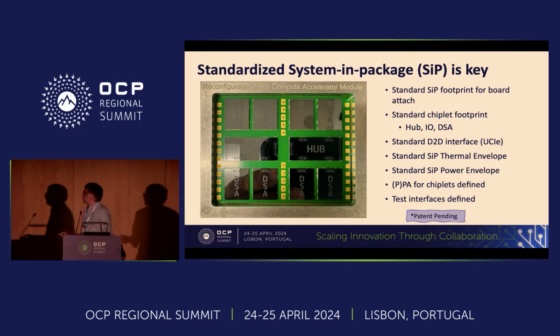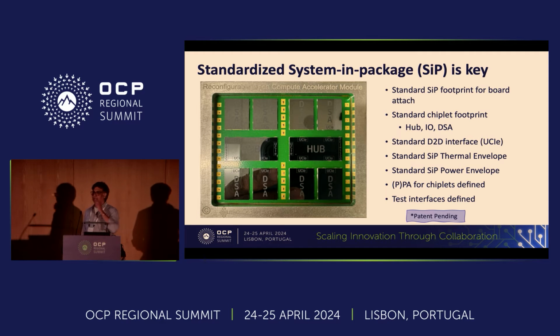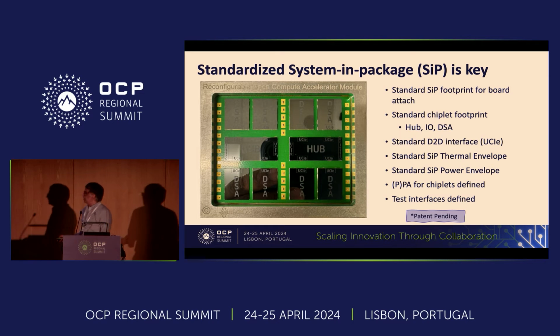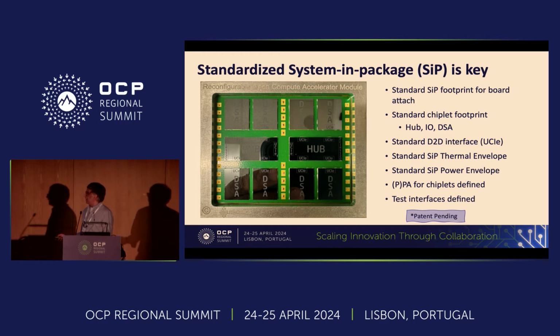So this is the most important slide if you want to take away anything today. Essentially, I talked about in the OAM itself, there's an 80 by 68 area in which is where most people build their secret sauce. So this particular thing is to scale, and what you see here is there's a SIP, and then each of these on the top and bottom are domain-specific accelerator chips, and then there are 2 hub chips, and on either side they have off package connectivity,